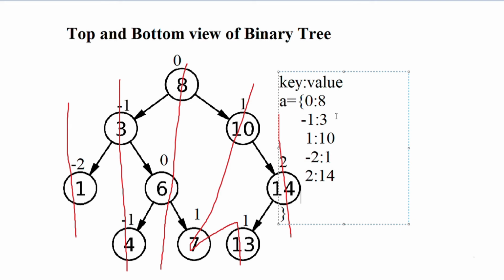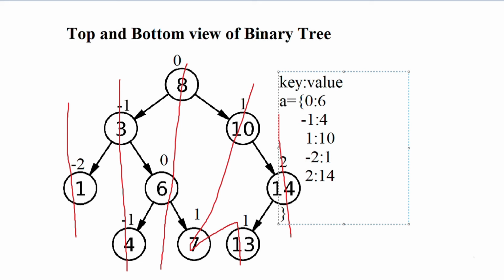So now what will happen is, when I came for this 0 here, in my top view I said that okay, 0 is present, so don't insert it. But now I'll say okay, 0 is present, it's great, but replace the value. So the value of 0 will be replaced by 6, right? What about -1? I'll again encounter -1 here, and -1 will give me a value of 4. So I'll say, replace the value; now the new value becomes 4.